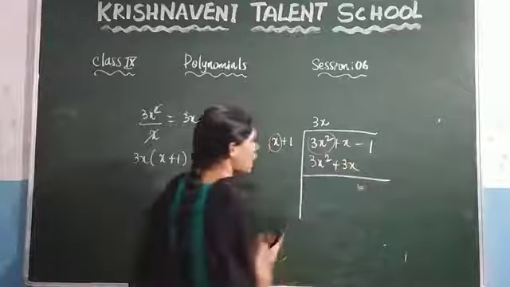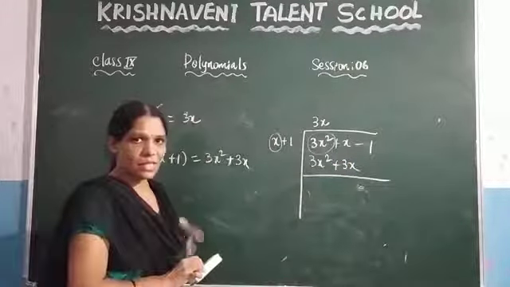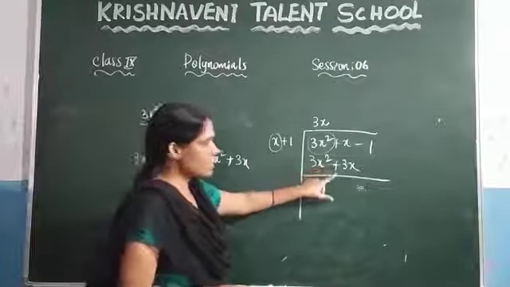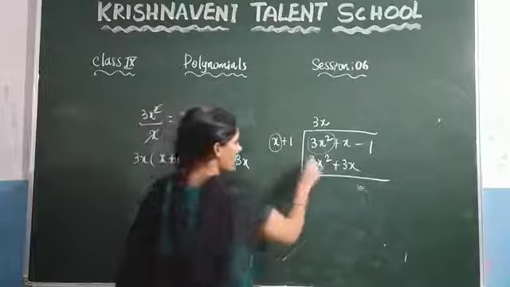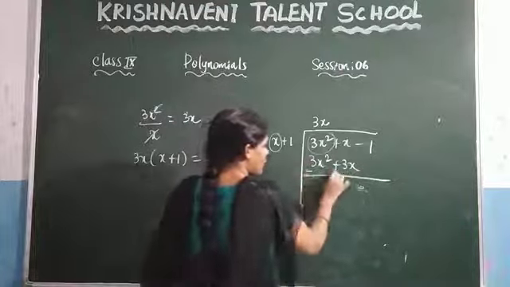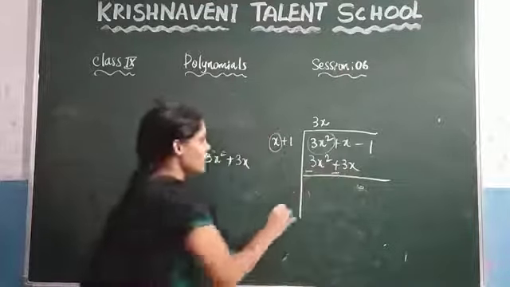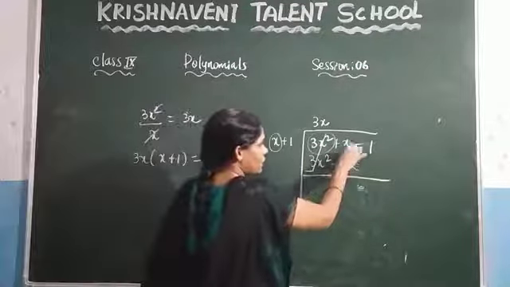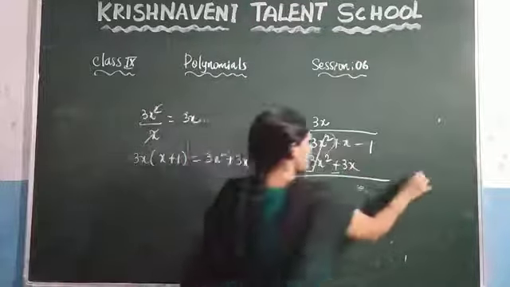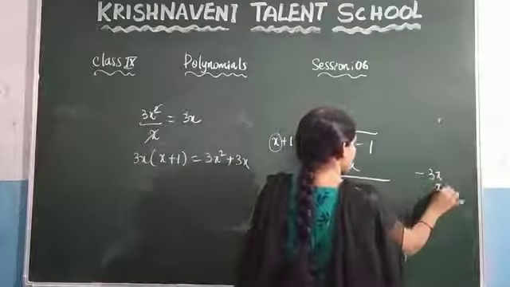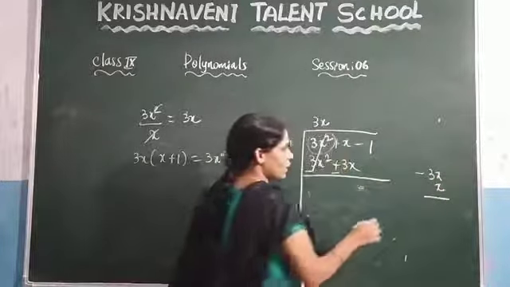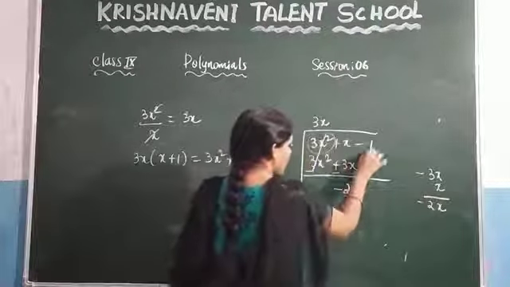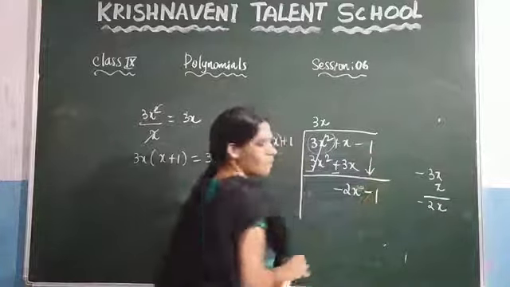After that, the next step is you need to change the sign. Where plus is there, you need to keep minus. Since plus is there, keep minus. Plus is there, keep minus. So here this one will get cancelled, and you know that here minus 3x is there, and here plus x is there. So minus 3x plus x. What will you get here? You will get minus 2x. So write it here, minus 2x, and take this term down, minus 1.